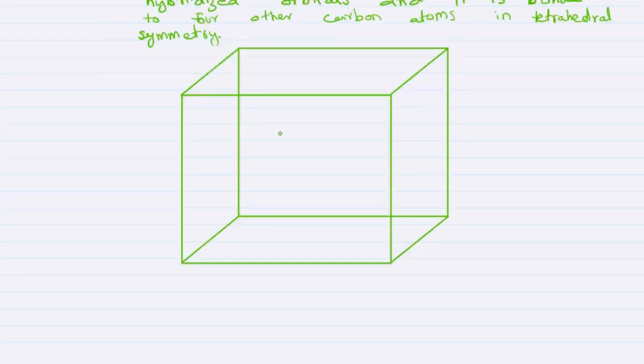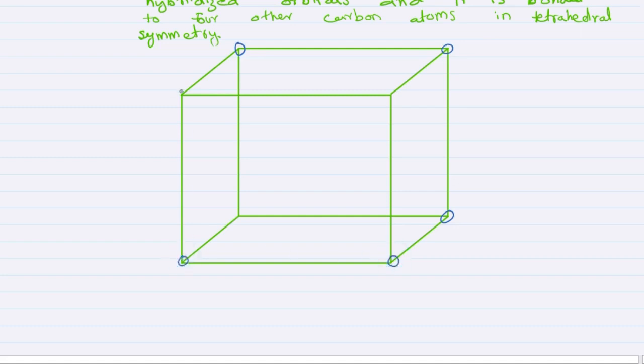Now we take a separate cube to understand the above statement clearly. We will first put the corner carbon atoms, and then atoms at the faces. Now we will put the atoms at the tetrahedral position. This atom is connected to the further 4 carbon atoms. Now we put an atom at the other tetrahedral position. Once again this carbon atom is connected to 4 further carbon atoms in a tetrahedral symmetry.